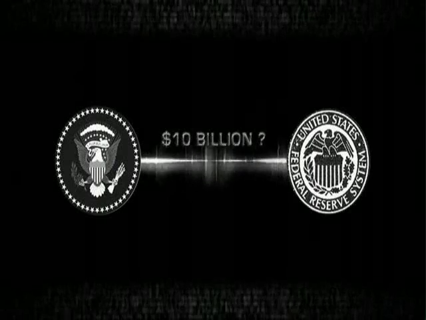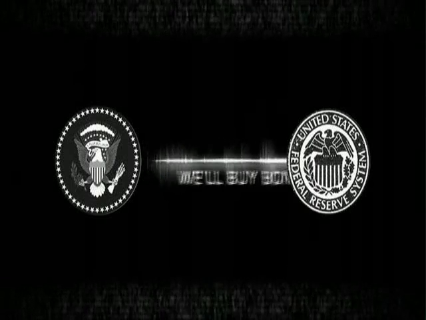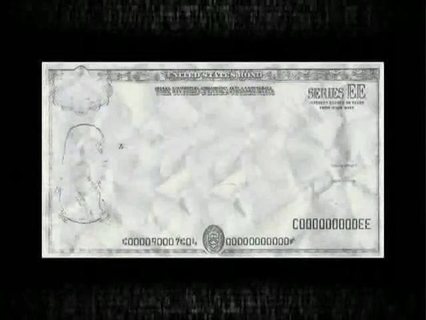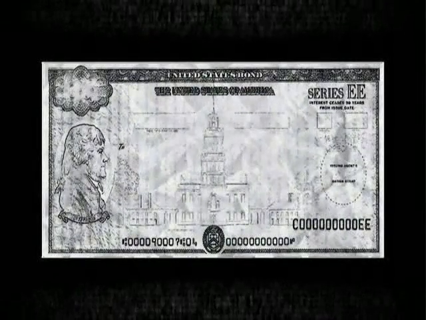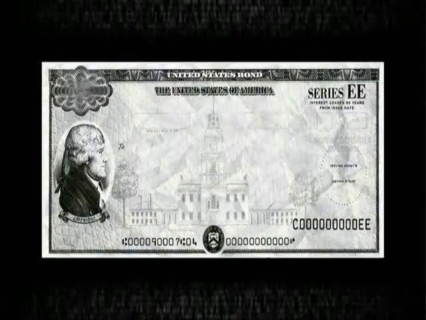It then proceeds to describe this fractional reserve process through various banking terminology, a translation of which goes something like this. The United States government decides it needs some money, so it calls up the Federal Reserve and requests, say, $10 billion. The Fed replies saying, sure, we'll buy $10 billion in government bonds from you. So the government takes some pieces of paper, paints some official-looking designs on them, and calls them Treasury bonds. Then it puts a value on these bonds to the sum of $10 billion and sends them over to the